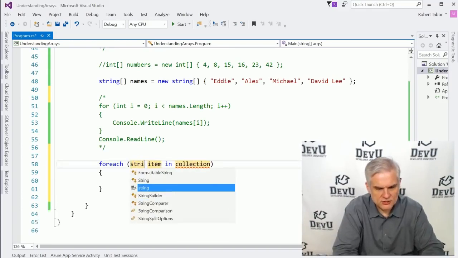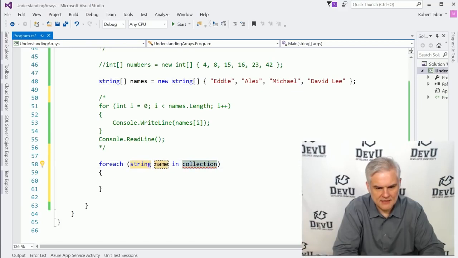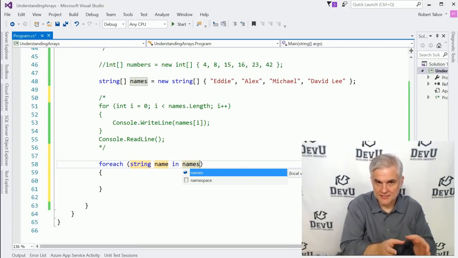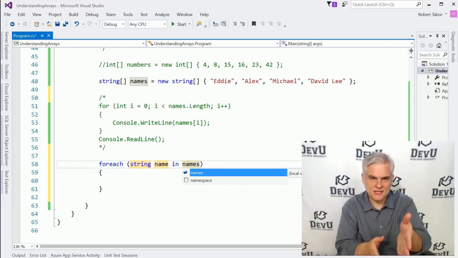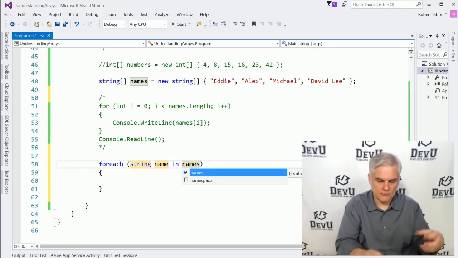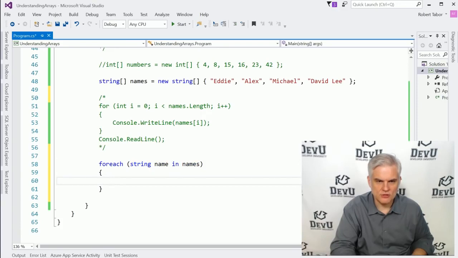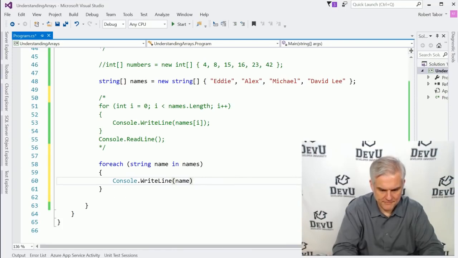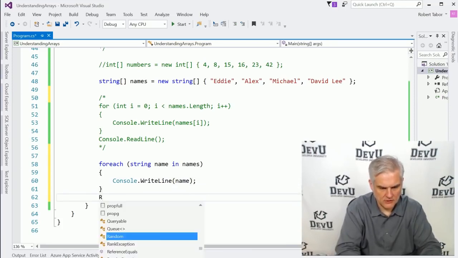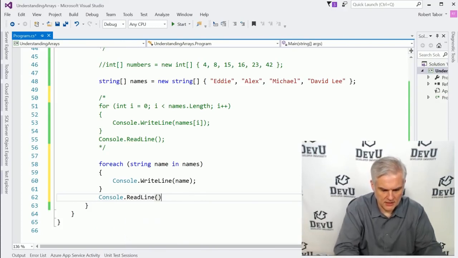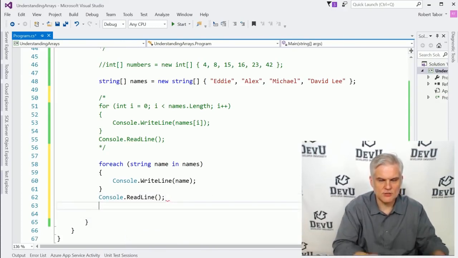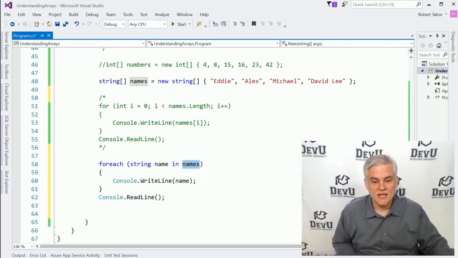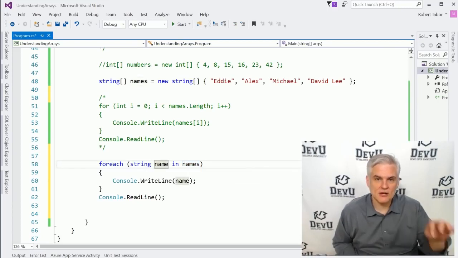So foreach string name in names, all right, and I've made up the term name as singular, and names is actually what we called our array, right? So now I'm going to hit enter on my keyboard twice, and I'll just do console.writeLine name. And let's go console.readLine. What this will do is it'll allow us to essentially loop through every single name in our array of names, and for each item it will copy the current element into